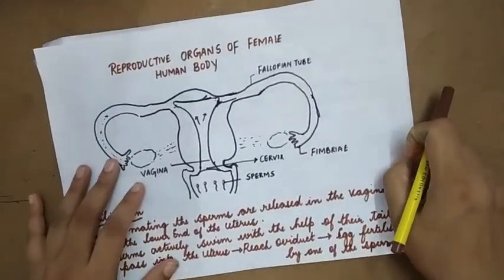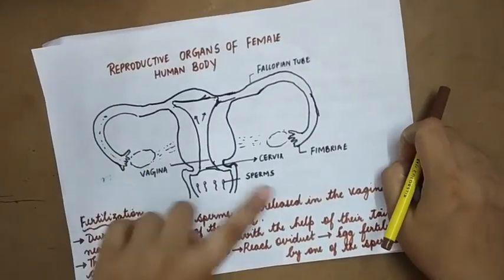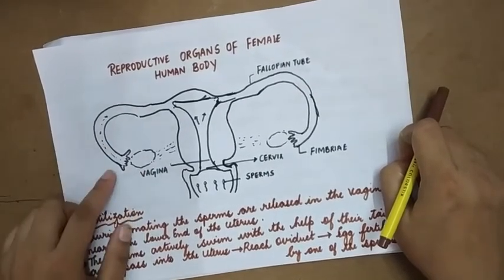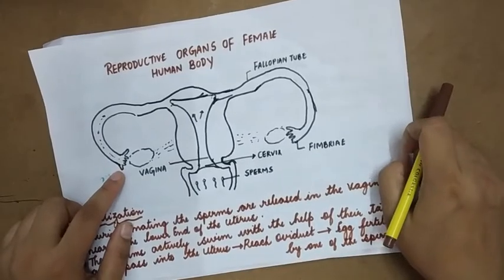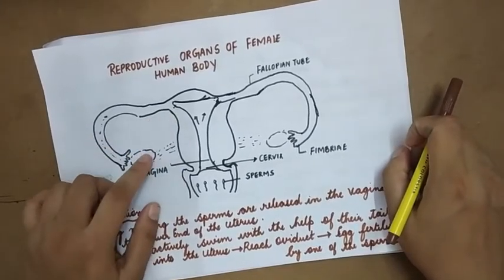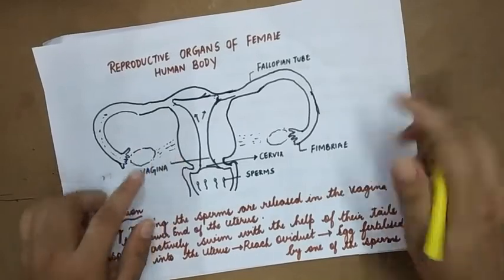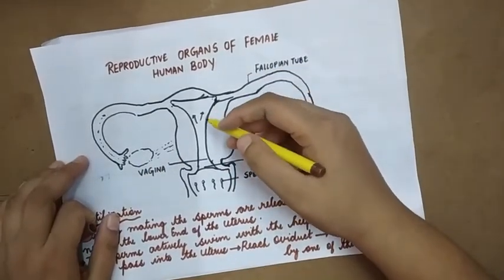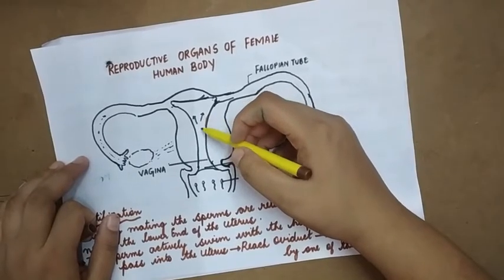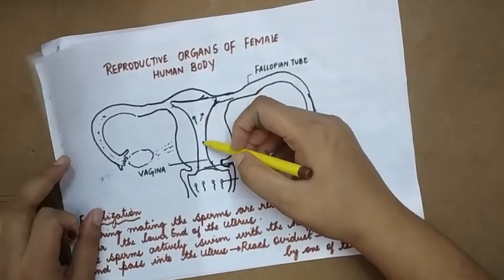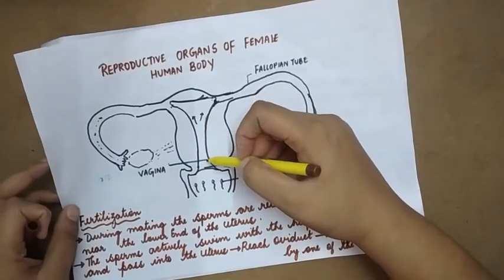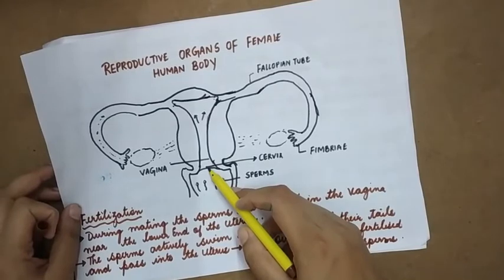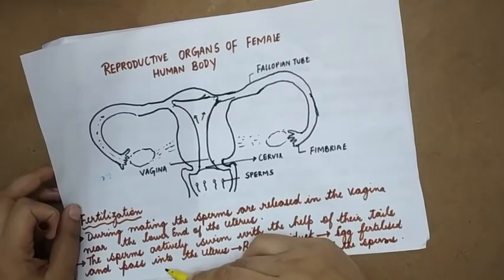Look at the female reproductive system. A pair of ovaries, and there is the fallopian tube or the oviduct, which has the presence of fimbriae, and the two fallopian tubes join together to form the uterus, and the uterus is lined by the endometrium. Here the egg gets implanted, and this canal-like structure is nothing but the vagina, okay, and the tip of the uterus is known as the cervix.